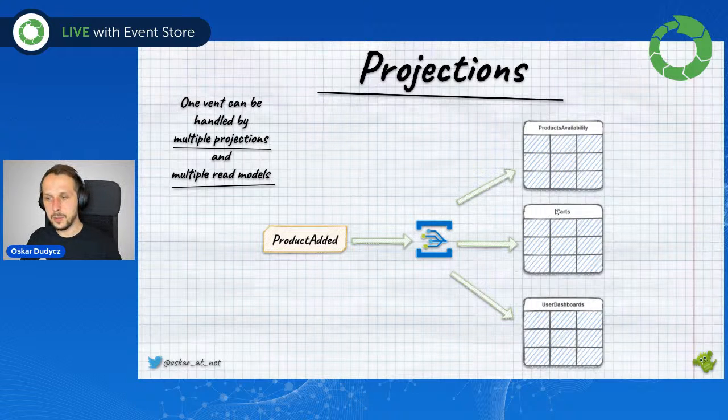Also, at the beginning, we might just have the shopping cart table, but after that, if we already have those events recorded, then we can build new views like product availability, user dashboard, etc., based on the events that we already have recorded. That's really great, because quite often I'm getting questions that, for example, someone was using some queuing technology like